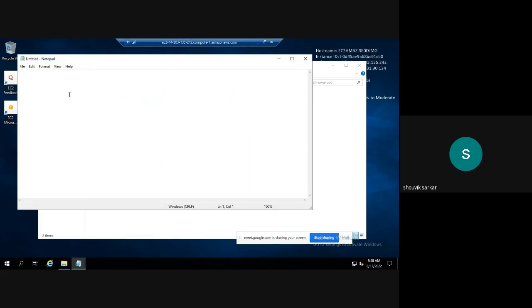And here we write a simple HTML code. Header tag we add here. We end with HTML. So this simple HTML code we write in here. And we save into this root directory